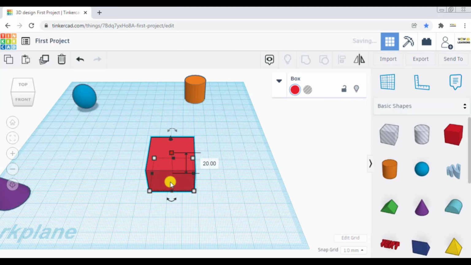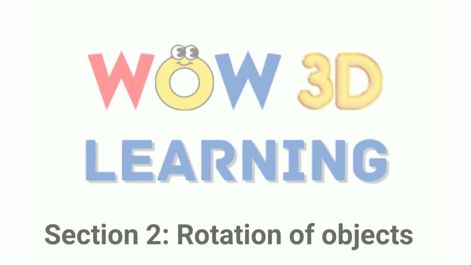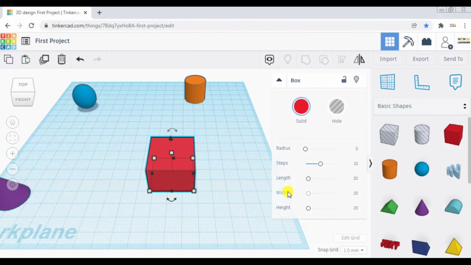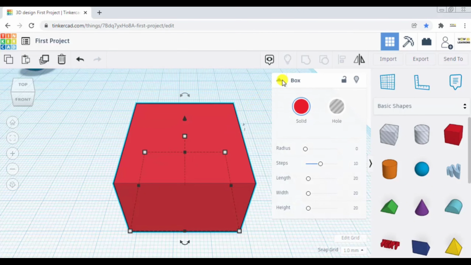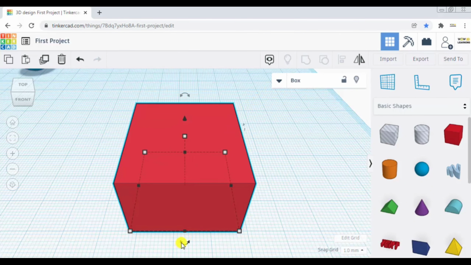So this was about height. One more thing here, when you click on the object, you can see these bi-directional arrows coming in. So this is rotation. Let me go to fit view and close this box. If I click on this and I try to rotate it, just look at the cursor